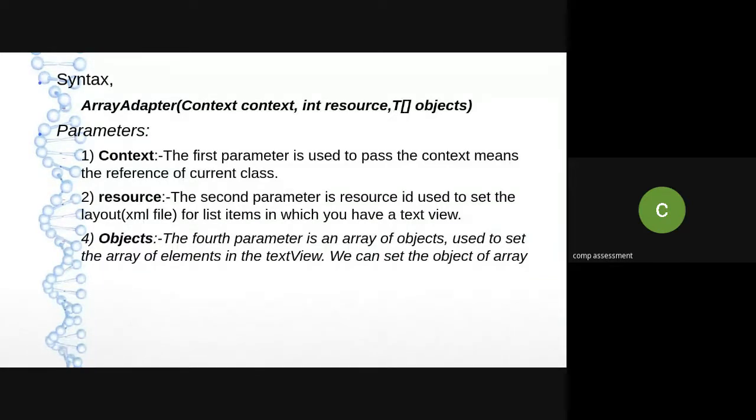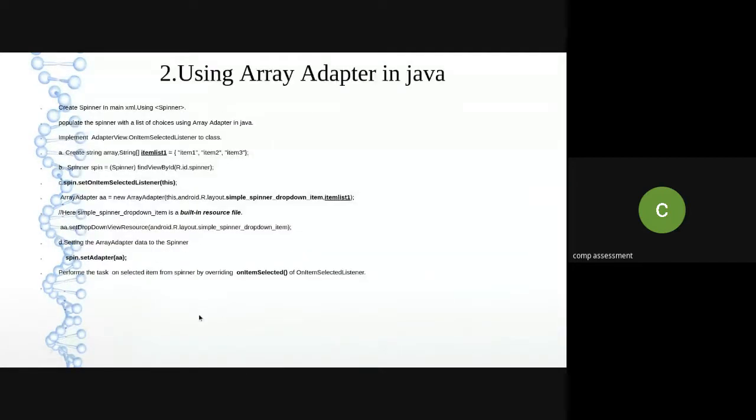That is the widget on your layout, located in your XML file, for the list of atoms in which you want to view that particular list. So: activity name, then the widget name, that is the resource ID, and the last one is the object which indicates the list of arrays, the actual element or object of an array where I have created a list of values. So these are the parameters which are required in the array adapter.